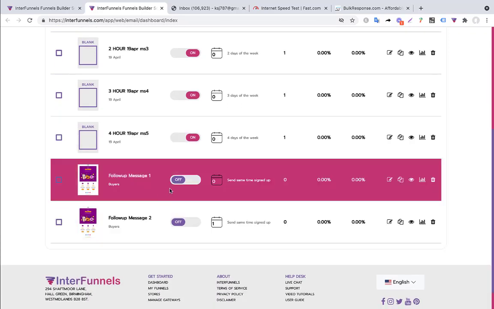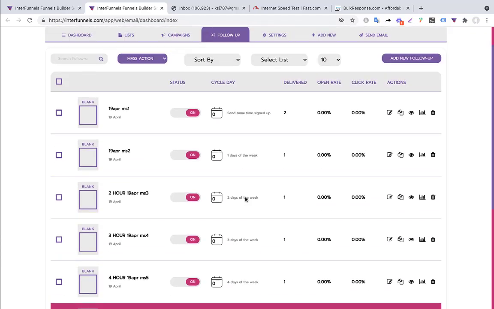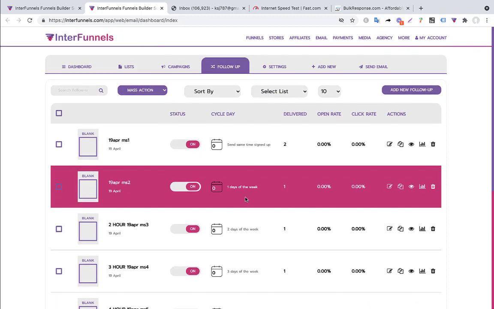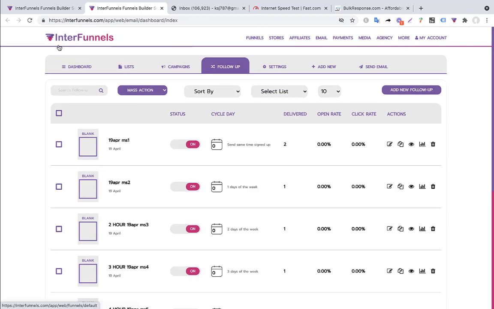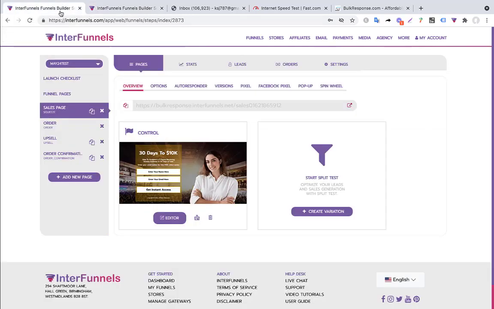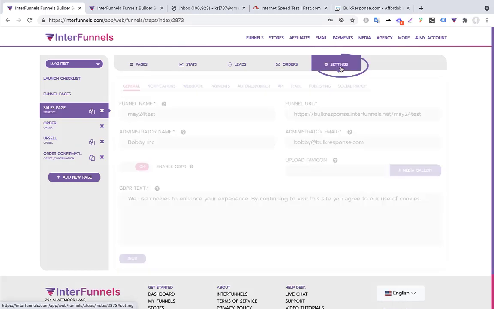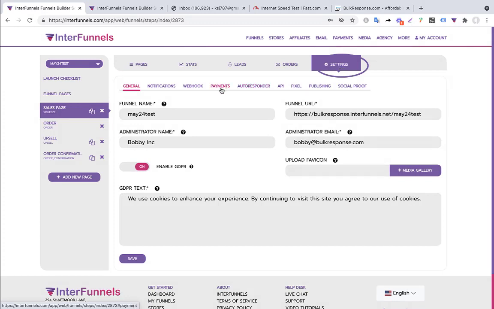These are the follow-up messages. And now what I'm going to do is go to my funnel, and I'm going to show you how to integrate the funnel with the autoresponder tool. So this is my funnel. Okay, now I'm going to go to the settings, and then I'm going to go to